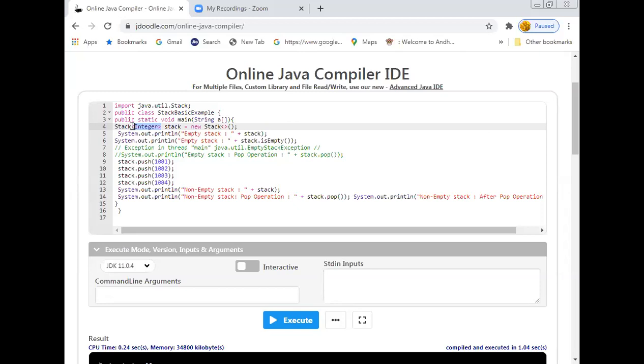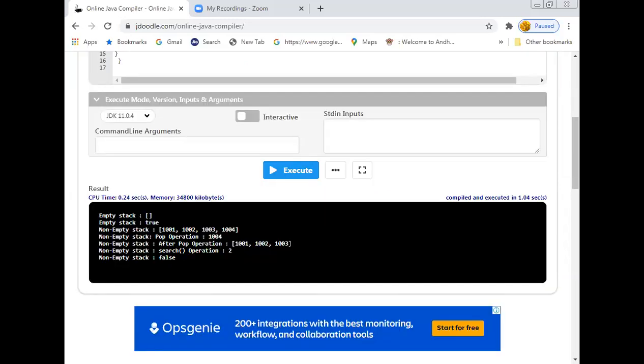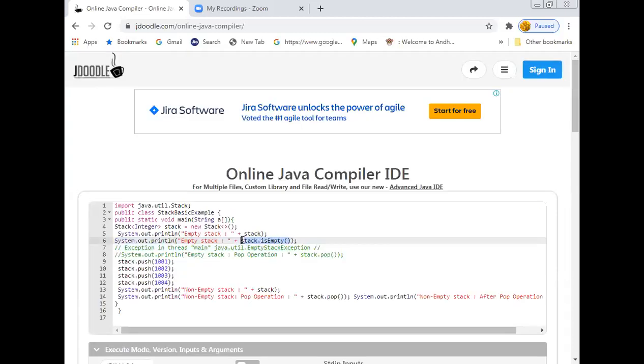So now let me check whether the stack is empty or not. Okay. Right. And you can write it in both ways to verify whether the stack is empty or not. They produce a similar output. You can check here itself. Initially, when I try to print the stack, it displays only empty brackets. It indicates that no element is present in the stack itself. Whereas in the second representation, isEmpty will return a true value if the stack does not contain any element. It returns a false value if the stack contains any element.